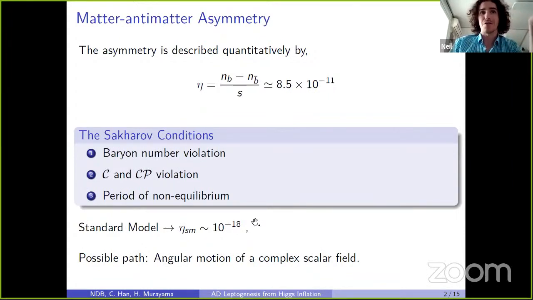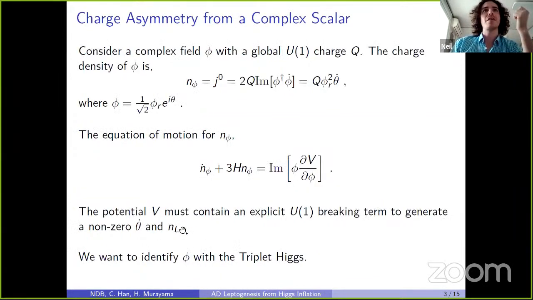So this is strong motivation that there must be some new physics that must be included. And one of the ways that it is commonly considered is the introduction of some complex scalar field, whether that be in, say, the usual Affleck-Dine mechanism, which is like the SUSY partners, and generating angular motion in those fields. So if you were to have some complex scalar field phi, and we have it charged under some global U(1),